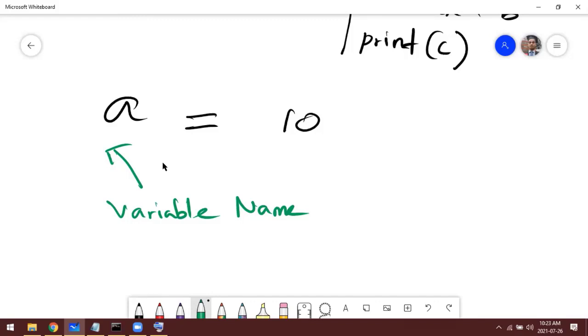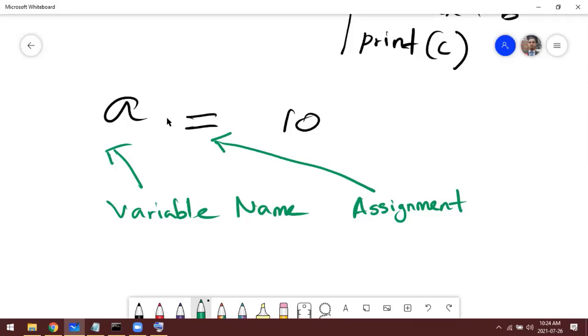This is assignment, right? This is actually the assignment operator. What it means is, the equal sign, it is equalizing, right? Now in programming, it is called the assignment operator.